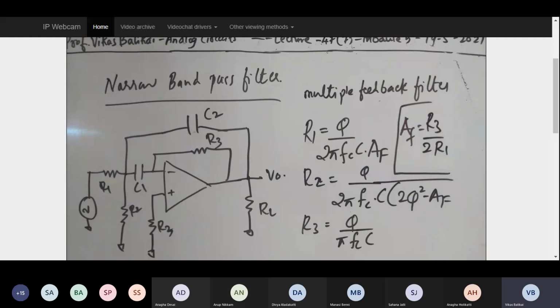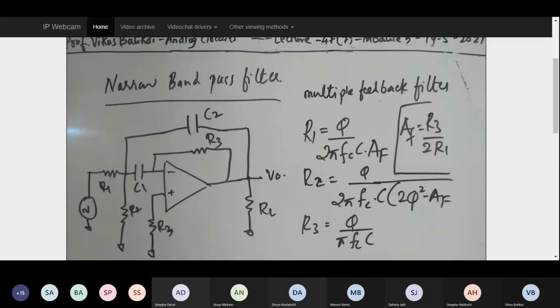I guess things will be very complex when something is told to you to remember, because in all the previous cases we tried to analyze and obtain the result. Here no analysis is given, you just need to remember the equations, for the simple reason that the circuit is very complex and multiple feedback is involved, and you haven't studied the concept of operating the op amp in multiple feedback. That's the reason further derivations are not there. Here four equations you are supposed to remember: R1, R2, R3 along with the AF equation.